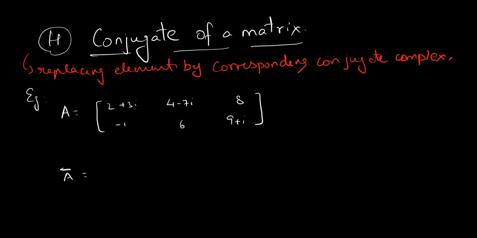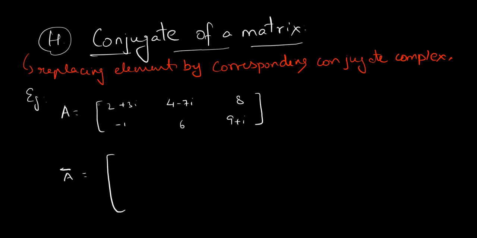Okay, let us go ahead to the next step. So this is the conjugate of a matrix. Conjugate is also one of the types of matrix. So let us see how to do it. Conjugate is really simple: replace each element with its complex conjugate. If there is a sign before i, it changes into the other sign. If it's positive, it's going to be negative. If it's negative, it's going to be positive. Okay, let's see.